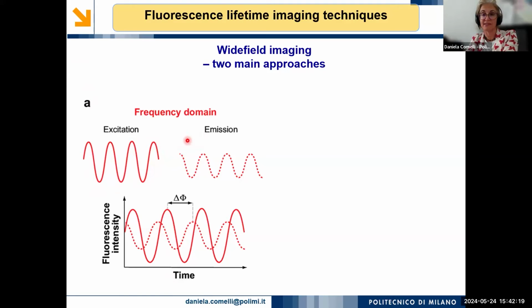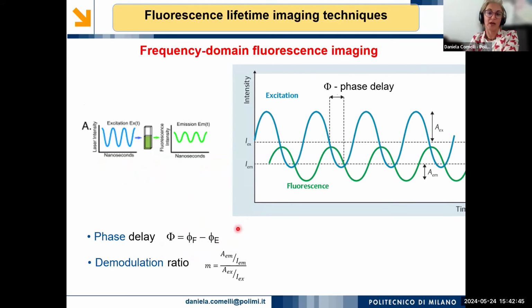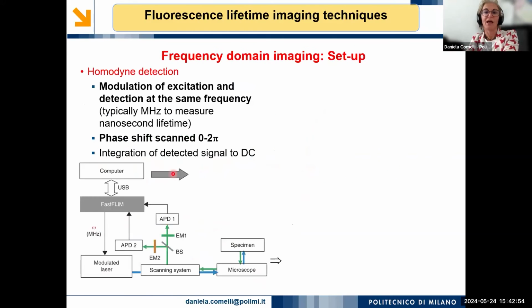But what happens is that the emission is phase shifted with respect to the excitation, and this phase shift is exactly related with the lifetime of the emission. So if we are able to measure this phase shift, we can reconstruct the lifetime. This is what I've just said, and this is the formula, actually the definition of the phase delay. You note that the emission also suffers a demodulation ratio, and this is the basic scheme for performing measurement in the frequency domain